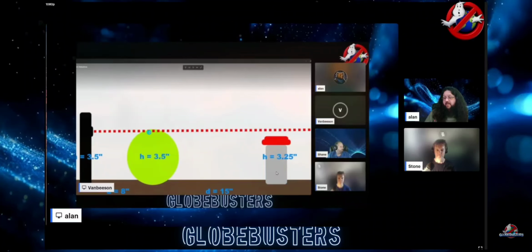So here's a diagram of what Vanby's setup was. We have the object geometrically under the object occluding it. He adds butane to it, and it never gets lifted up. So you can check out the video of him doing that all in there. But that's what we're looking at here.